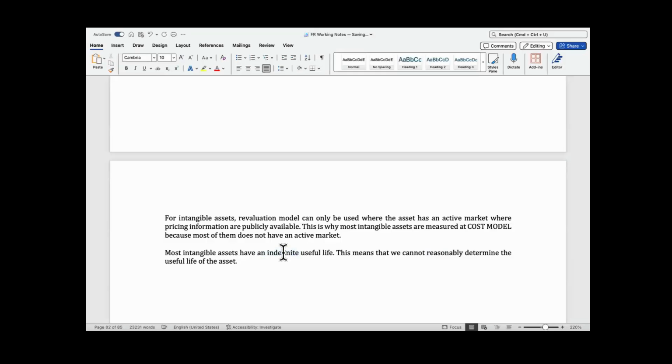What IAS deals with is indefinite useful life. We don't have an infinite useful life in any standard, because infinite means it will not end. But indefinite, it will end, but we don't know when. We cannot reasonably determine it. So as a result,